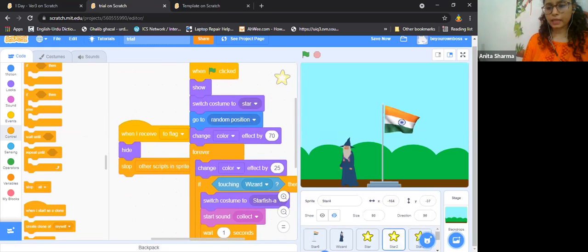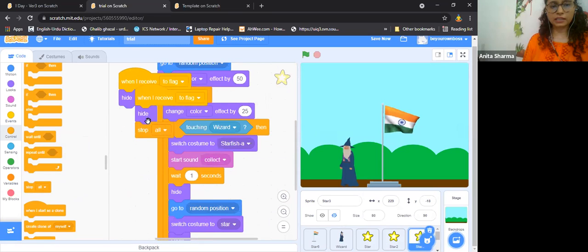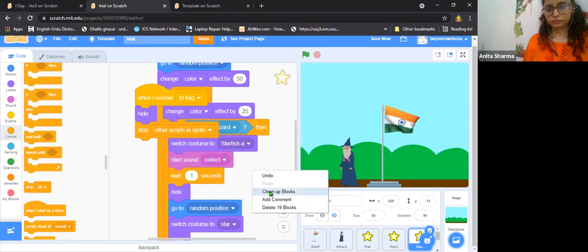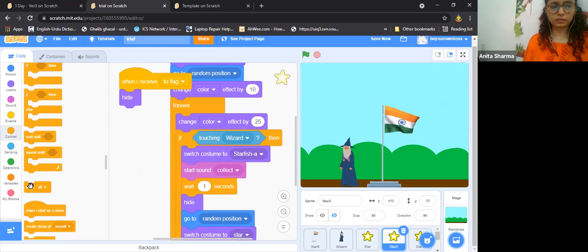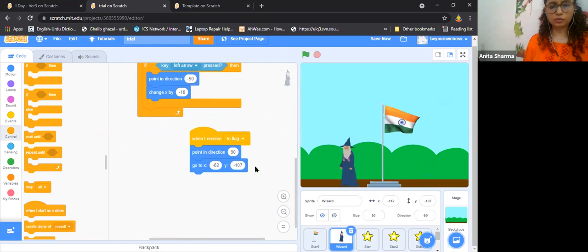We have to do this in all of them. So for all of them, stop other scripts in sprite, for this star also, and for the wizard as well, so that the wizard will stop the rest of the actions and only do this.